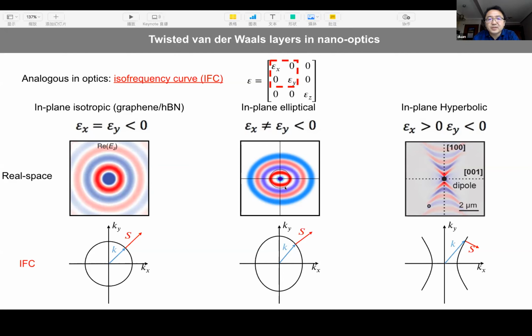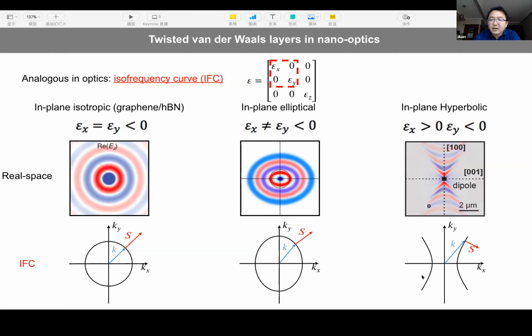But if the permittivity along x and y is non-equal but both negative, we will have an elliptical isofrequency curve here. The more strongly anisotropic case would be this one. The permittivity x and y is not only of different values, but also of opposite signs, positive and negative. So the wavefront would be something quite interesting, a concave shape, and correspondingly in the isofrequency curve,